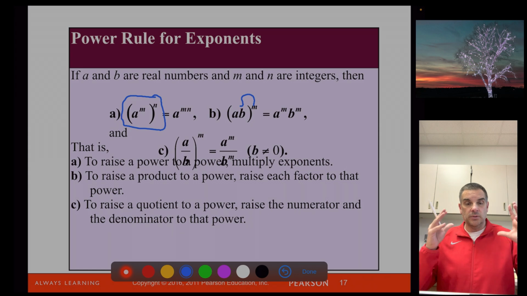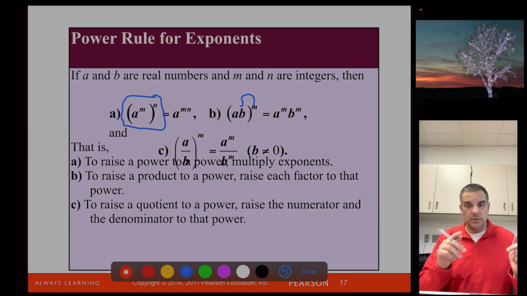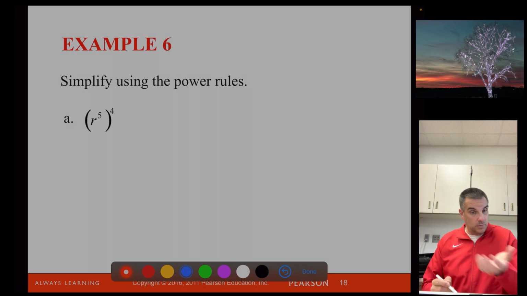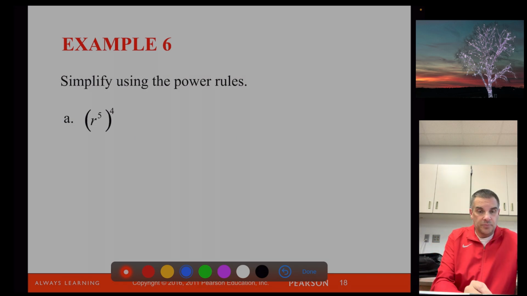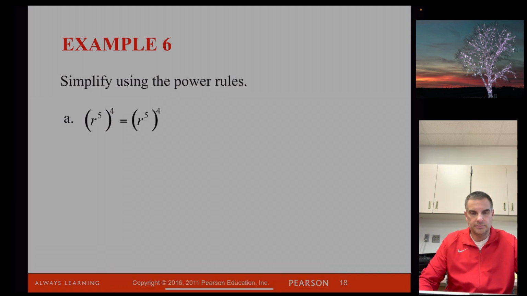Okay. So when you raise to a power, you multiply. Anytime you raise to a power, you multiply, and remember to distribute that in there. So in this case, we're going 5r to the 4th power. That's going to be r to the 5 times 4, which is just 20. There's your solution. They're done. Okay, that says r to the 20. Now in this case,